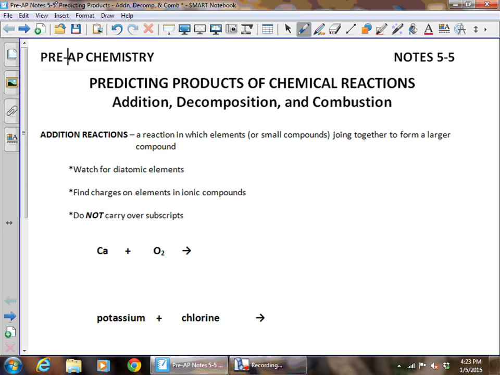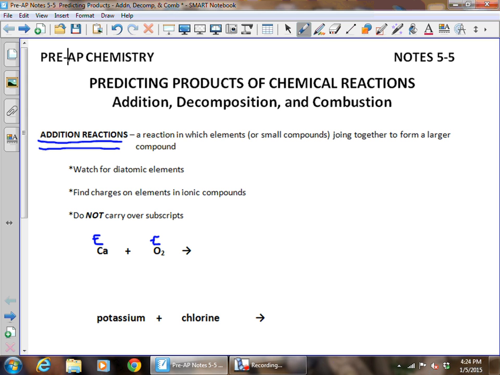Today we're going to talk about predicting products of chemical reactions, and we're going to focus today on the first three types of reactions that we discussed earlier: addition, decomposition, and combustion reactions. Addition reactions are easy to point out and easy to pick out whenever you're looking at them and trying to predict products, because you'll end up with two elements, and that's always what I want you to write down first, just to label whether they're elements or compounds, because that's going to help us decide what type of